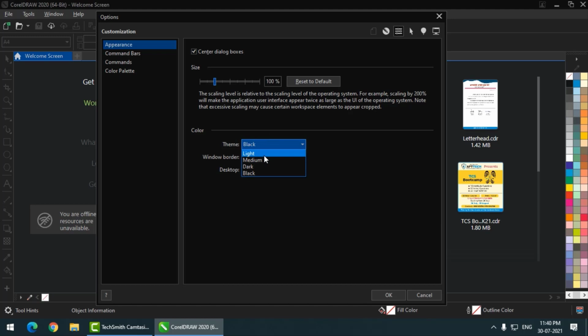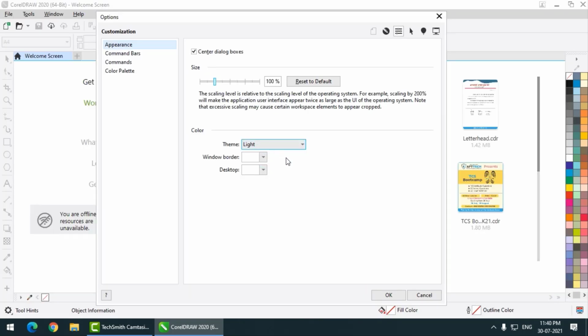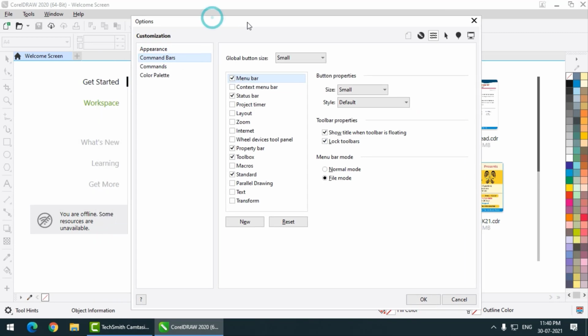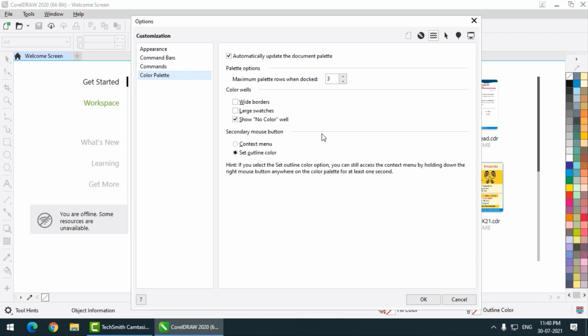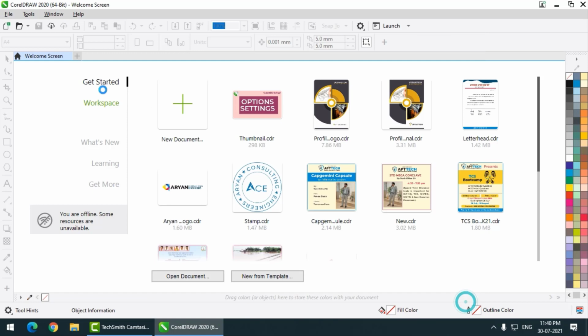So I'm presently going back to the default light option. Again, you can change the size, all the options, command bars, whatever toolbars you want, like this. If you want tools, you can simply add them from here. Again, there are some color palette settings which you can explore.